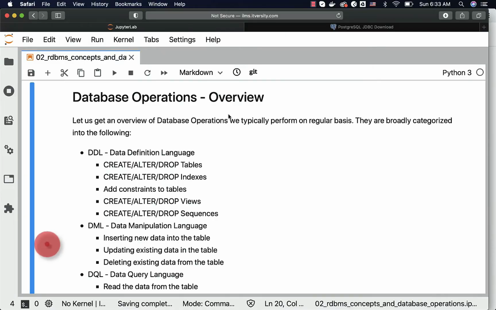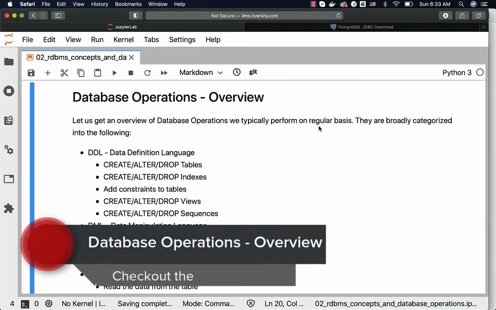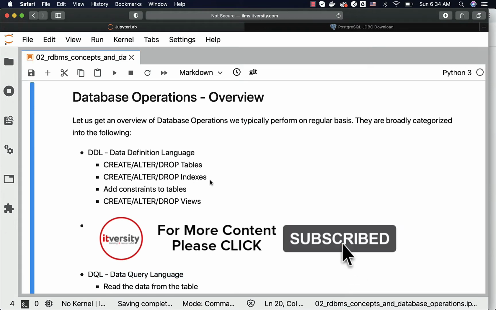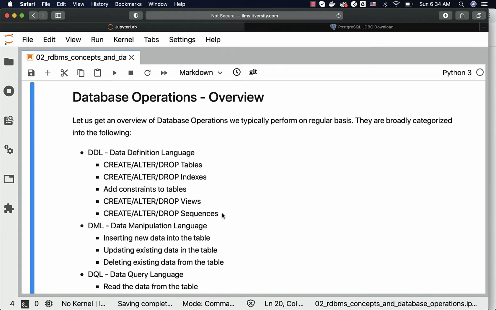Let us get an overview of database operations we typically perform on a regular basis. They are broadly categorized into the following: DDL for Data Definition Language, DML for Data Manipulation Language, DQL for Data Query Language. As part of DDL, we typically try to manage tables, indexes, constraints on top of tables, views, sequences, etc. There are several other operations which we typically perform under the category of DDL, but these are some of